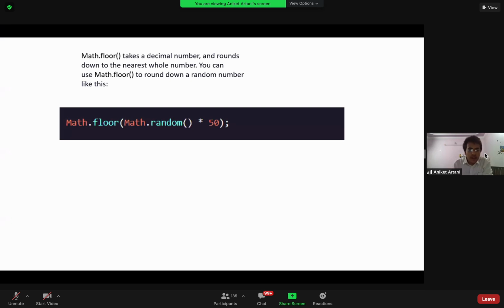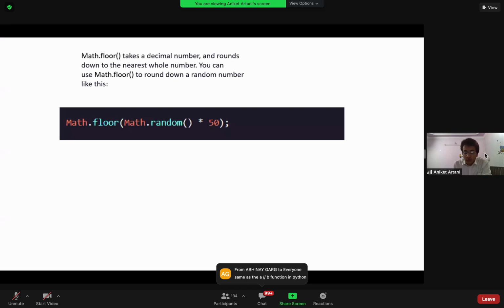Math.floor takes a decimal number and rounds down to the nearest whole number. You can use Math.floor to round down a random number like this: Math.random multiplied by 50, inside Math.floor. In this case, Math.random generates a random number between 0 and 1. We then multiply that number by 50, so now we have a number between 0 and 50.